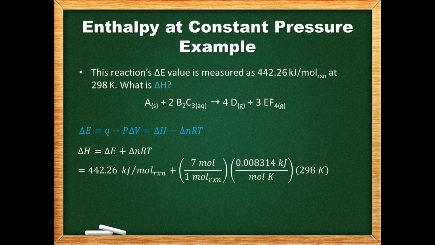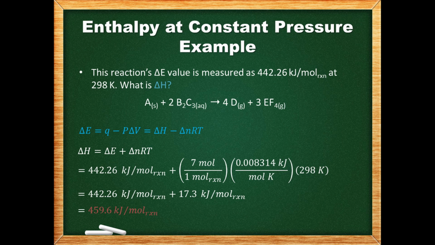The temperature is given as 298 Kelvin. Note that if we were given a value in degrees Celsius, we would need to convert it to Kelvin since R is in terms of Kelvin. We now have 2 values in kilojoules per mole of reaction, so we can add them, giving us the value